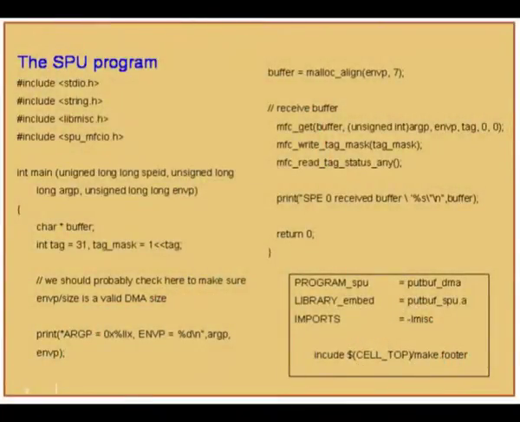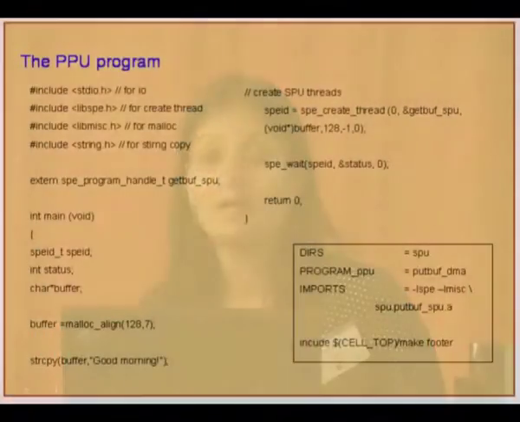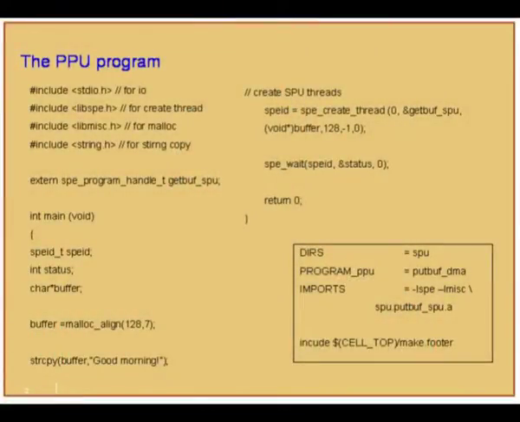The makefile will look like this. The base level makefile. The directory would be SPU, and then the PPU program would have this name. And if you notice in the imports directory, you're linking to the SPE runtime library, and the MISC library for all the memory operations, and then getBuff_SPU, which is the same as the parameter over here. I think it's incorrect over here. It has to be getBuff. So this name would be the same name as the program handle over here. And this will be created over here, extern SPE program handle